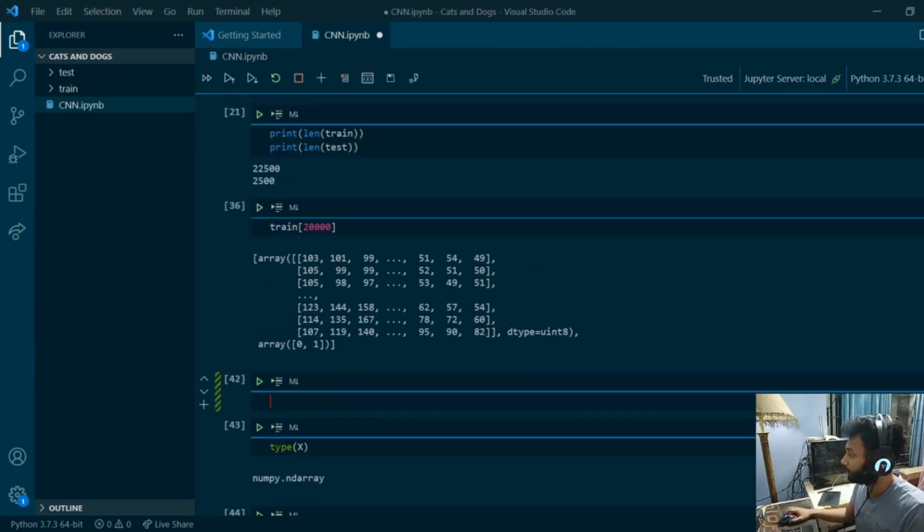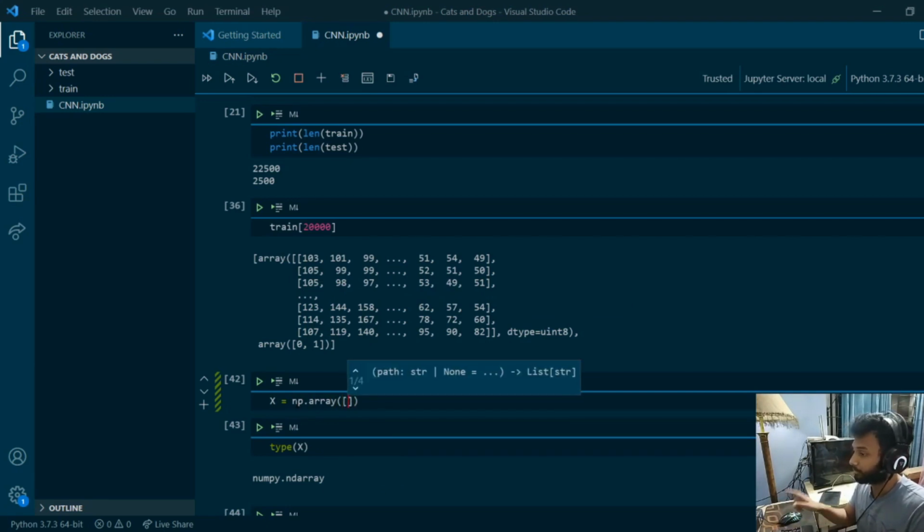So from this point, what we had to do was to take in the values, separate the values of the images in a variable called x, and separate the values of the labels in a variable called y. That is what I'm going to do. I'm going to use x, where I'm going to convert it into an array, and this is where the mistake was, not putting this bracket. The bracket means that I am creating the array. So what is my array? It's the element at index zero, the first element, which is the image,